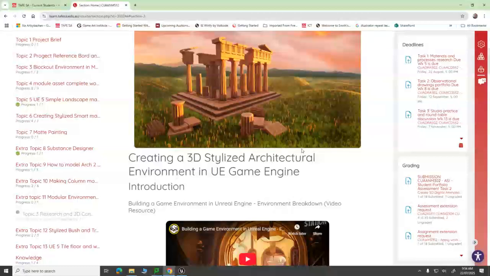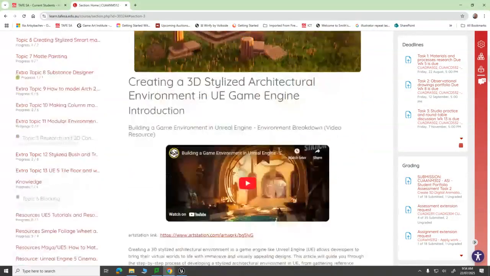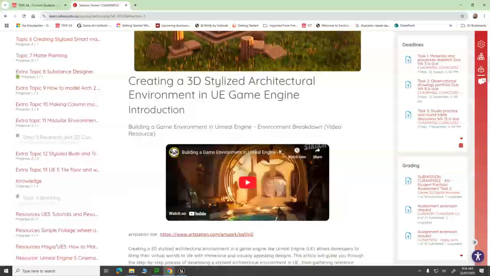And then you will actually start working on doing the very first step, which is concept and research. What else I want to say before I actually dive into the concept and research step? Once again,